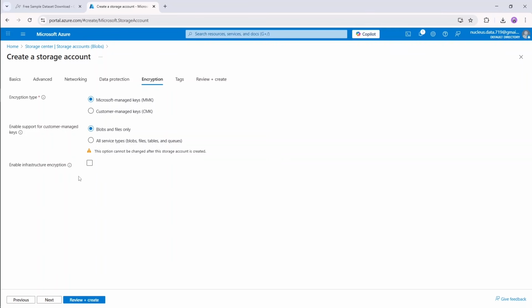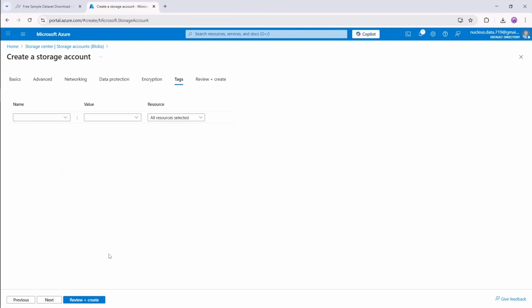Next option is enable infrastructure encryption. If we enable this option, we add a second layer of encryption, and this is called double encryption and is mainly used for very sensitive workloads like finance or governments. For most projects, standard encryption is enough, but for highly regulated industries, this option gives stronger protection, and we will keep it disabled. Next, tags. Next,